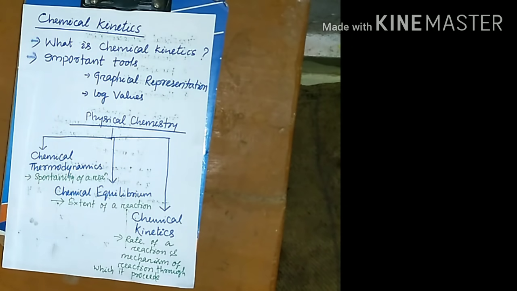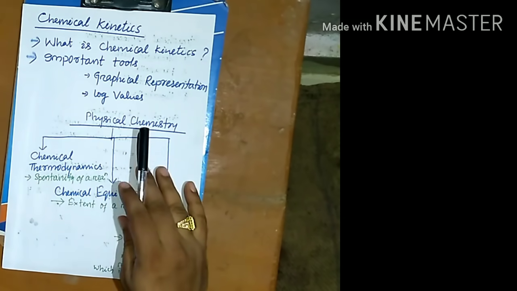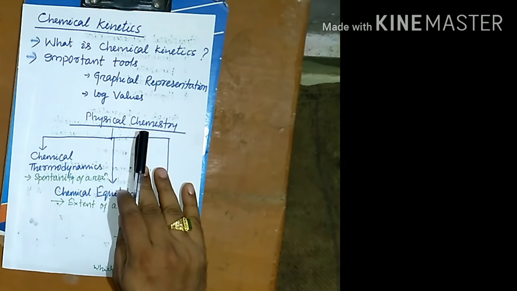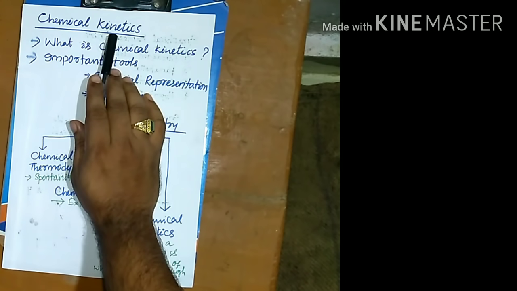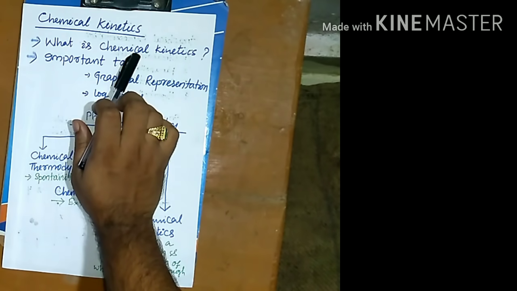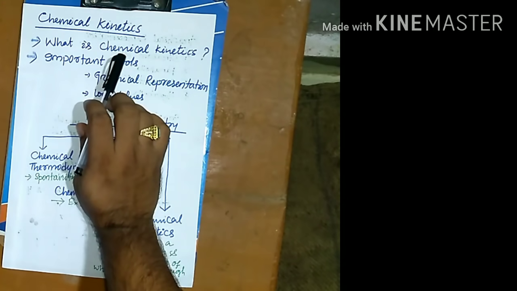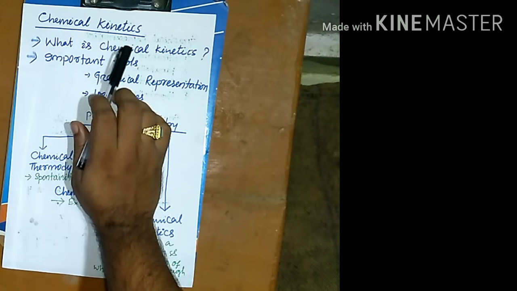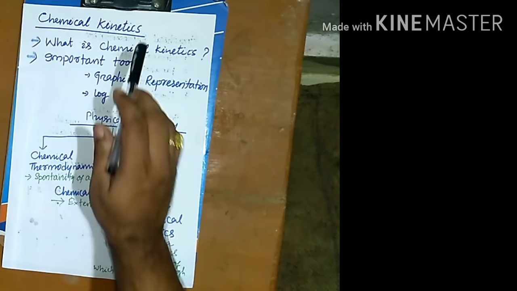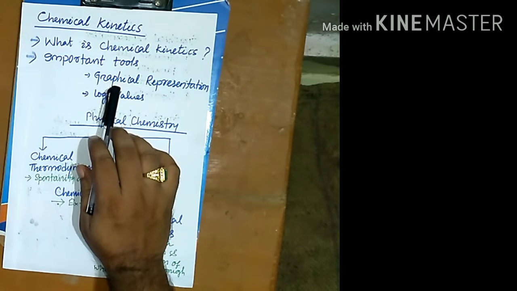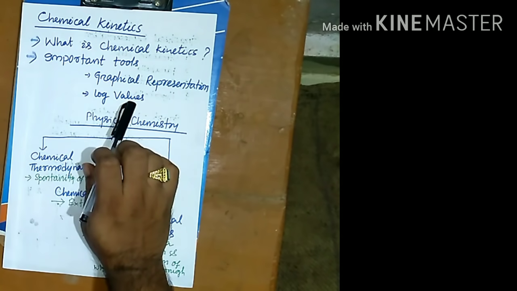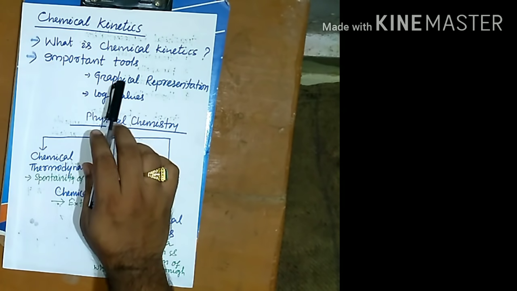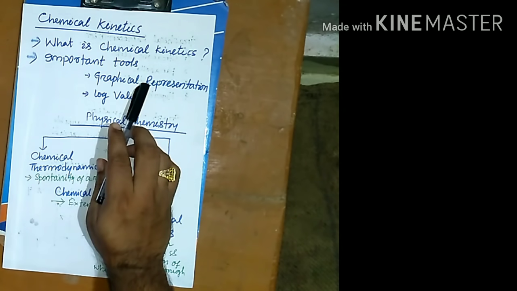Good morning, dear students. In this video, we will start a new chapter, that is chemical kinetics. So, for today, we will discuss what is chemical kinetics and what are the important tools to read chemical kinetics. In important tools, we will discuss graphical representation and some log values. Remember this graphical representation, that today I will explain